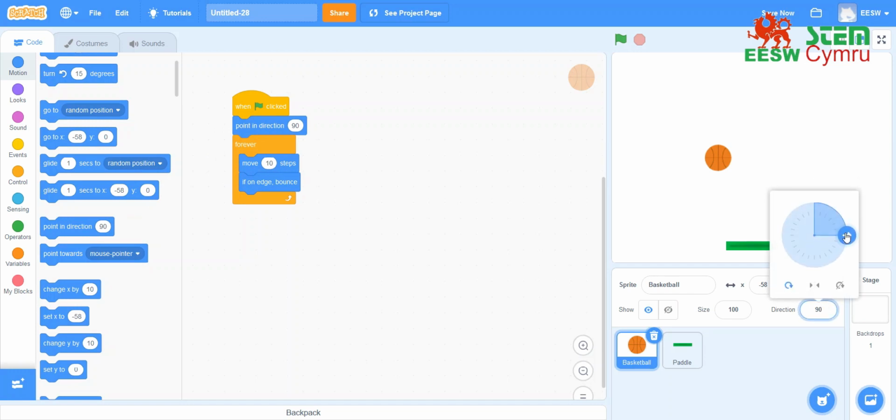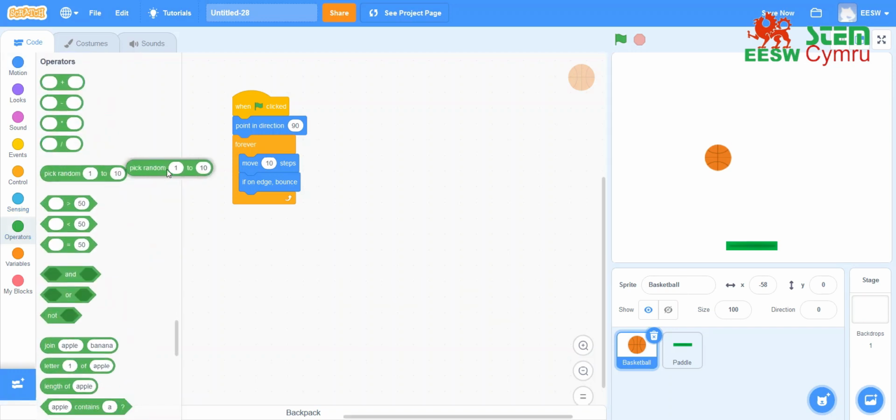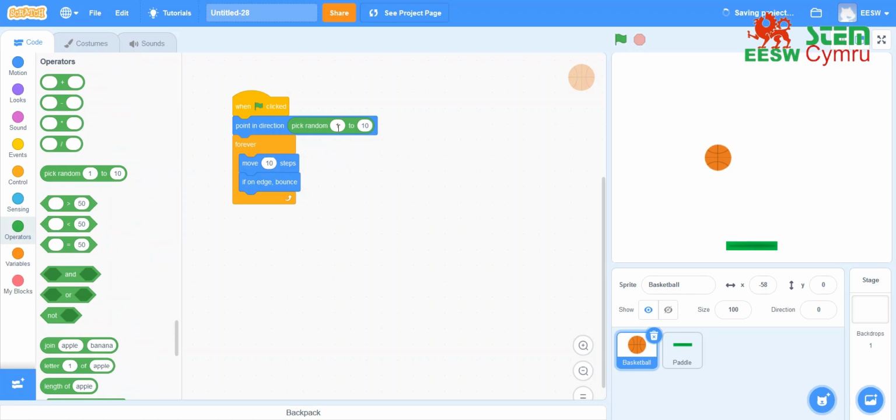I can choose any direction from 90 all the way down to 180, and then all the way back at 179 back to 0. We want to choose a random direction. So I'm going to go here to operators, and I'm going to pick random. I'm going to slot that here. So I wanted to pick a random number from minus 179 all the way up to 180. Let's see what that does. Okay, the ball is moving in a different direction each time we start the game, and it's bouncing off the